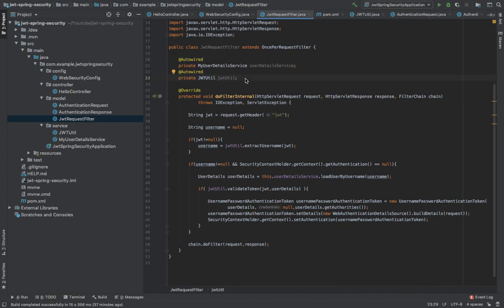So now the first thing we need to do is to extract the JWT out of the request header. Now if the JWT is not null, we will extract the username from the JWT. Then if the username is not null and the security context is not already set, then I'll get the user details of valid users out of my user detail service.